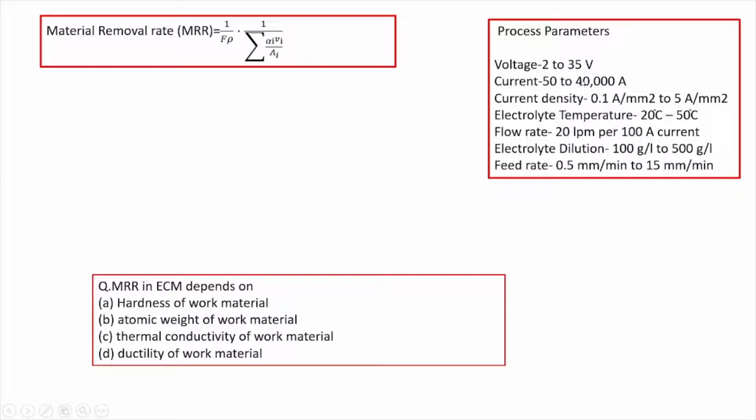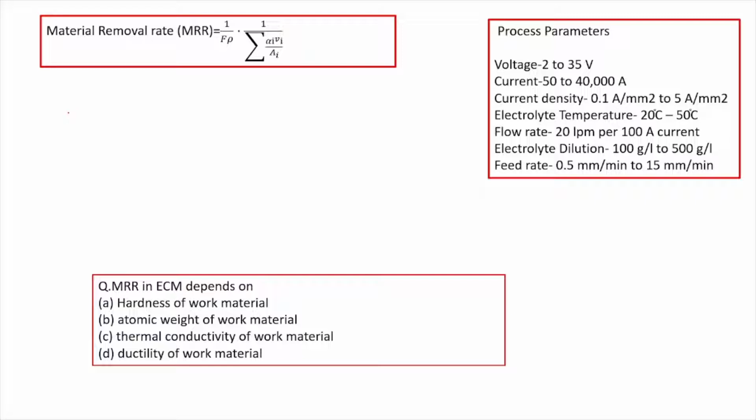Those are the process parameters which we have to keep in mind while machining. And then, coming to the material removal mechanism of the electrolytic machining process. Here we'll see some equations and some derivations. Material removal in the ECM process takes place due to atomic dissolution, which I have